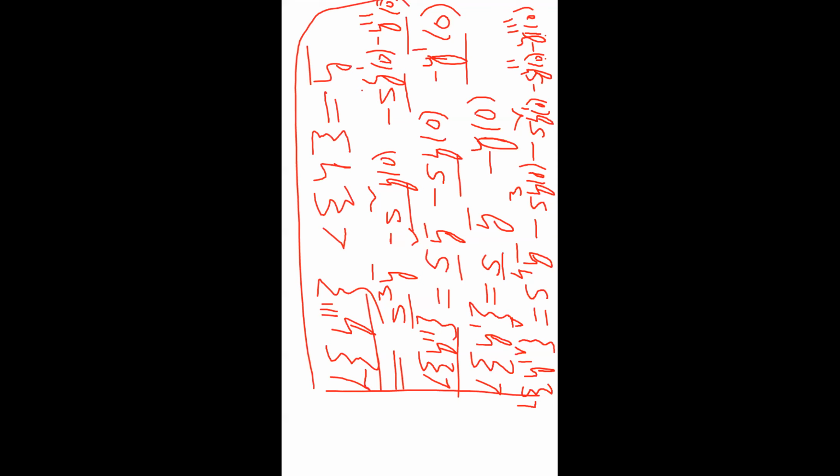So L of y equals simply y bar. L of y dash equals s into y bar minus y of 0. L of y double dash is s square y bar minus s y of 0 minus y dash of 0. L of y triple dash is s cube y bar minus s square y of 0 minus s into y dash of 0 minus y double dash of 0. Maximum fourth derivative is final, and second or third derivative is easily calculated.